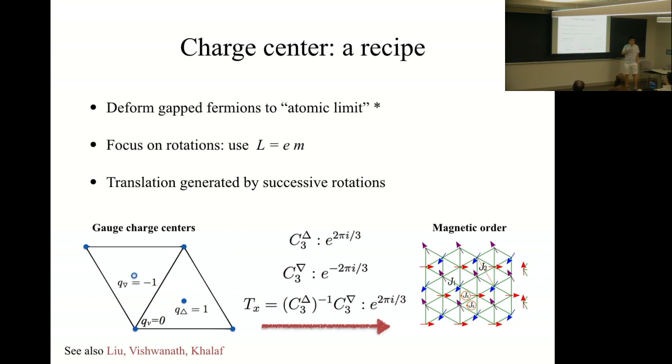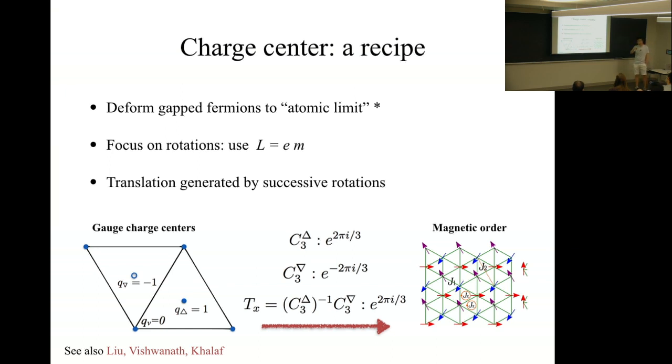Now, I want to figure out how the monopole transforms under lattice symmetries. Let's pick a simple one, a C3 rotation, some 120 degree rotation. So the answer is going to be discrete, right? Under C3, the monopole either is going to be trivial or it's going to pick up a phase of e to the i 2 pi over 3 or something like that. Since the answer is discrete, it doesn't hurt if I try to deform my band a little bit, and the answer is not going to change.